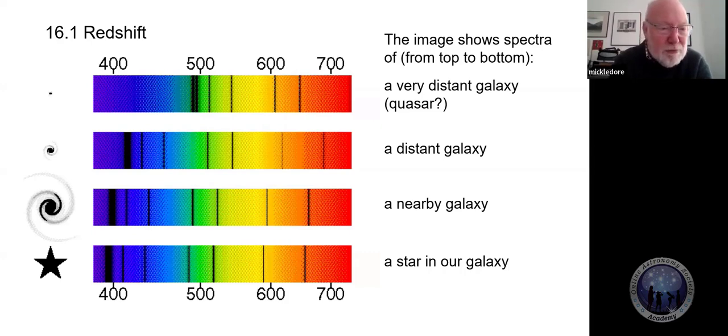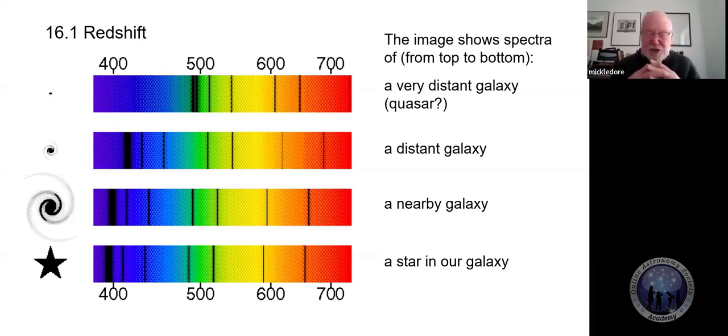Look at that blue band. That's presumably due to, well, I don't know what it is. It can't be due to molecules because they would be in the red and the infrared, cooler stars. I'm not quite sure what that dark black band is on the left-hand side. But look how much it's been shifted for the quasar. Wow. So we've got redshift.